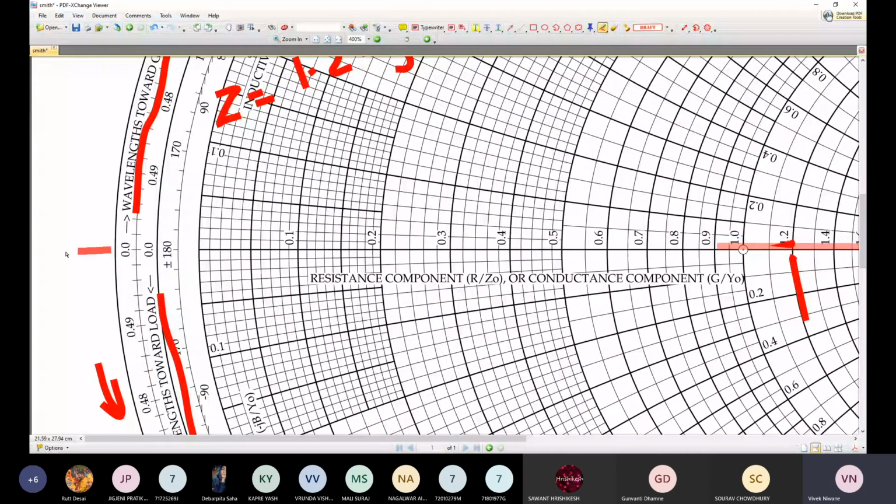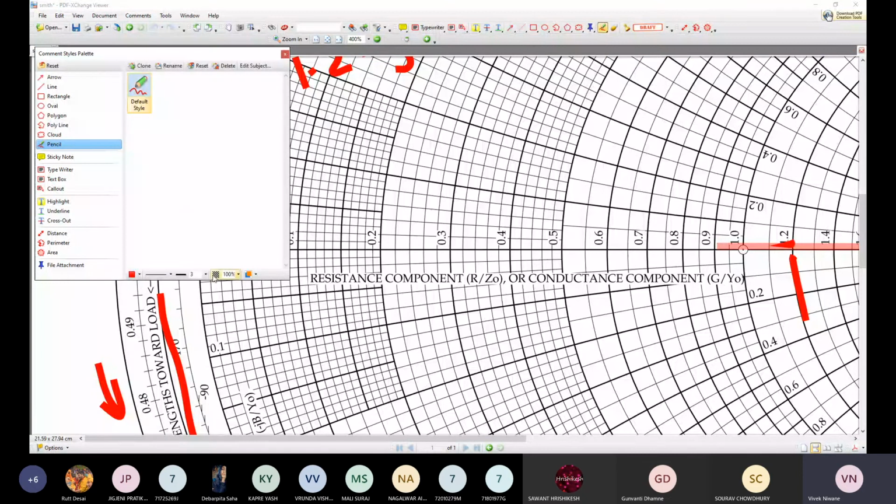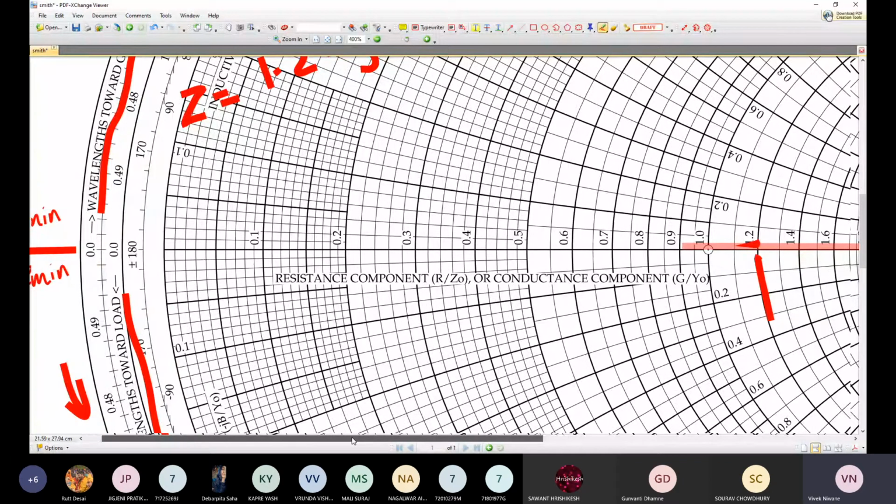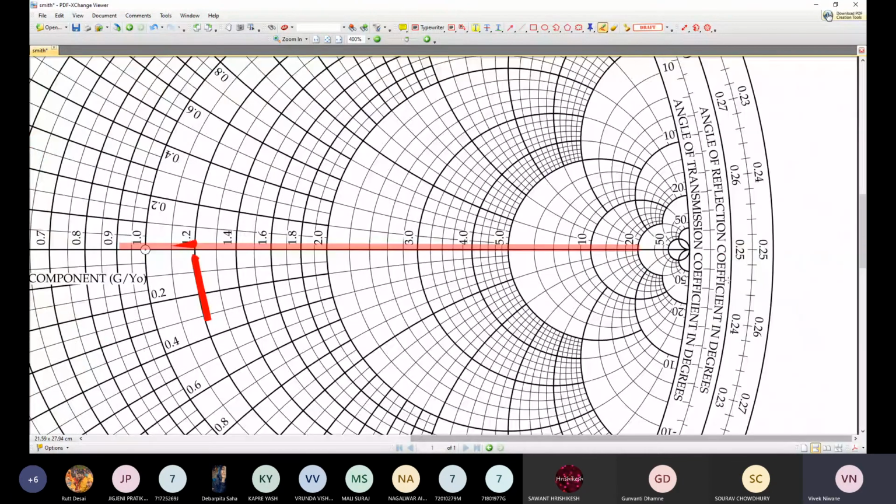Okay, then one more important point, only two more important points I am going to tell you. Let me show you. Here we have 0.0. These are the values of V minimum. Let me reduce the thickness. These are the values which represent V minimum and Z minimum, whereas on the right hand side, these values indicate the values of V max and Z max. How to use these values and what they mean to us, we will see soon.